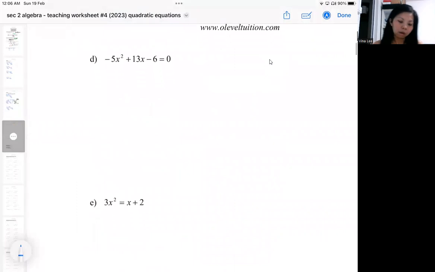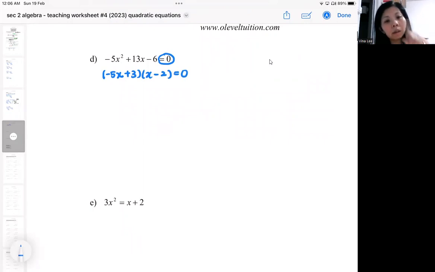Okay, here I also have an equal to 0. And obviously this one, again, looks like your cross multiplication method. So you go and do the cross multiplication method. So I will be getting something like this. Okay, so you do your cross factorization carefully. Okay, let me do a double check. Yeah. Okay, so when you do that successfully, as long as you create two brackets equal to 0,